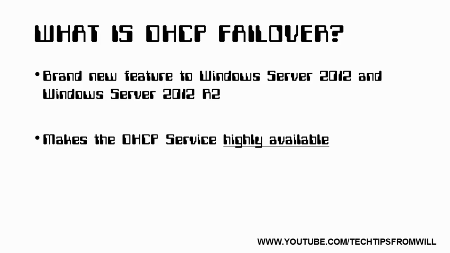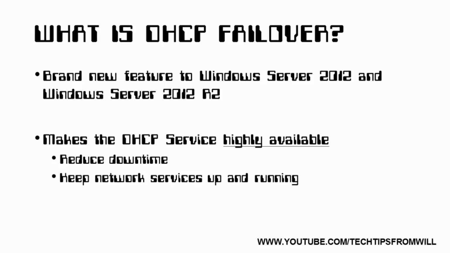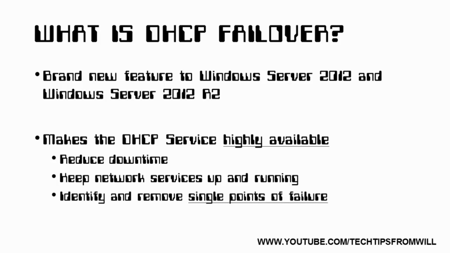The idea of high availability is to reduce downtime and keep the services on your network up and running for as long as possible without any interruption. High availability is usually achieved by identifying and removing single points of failure from your infrastructure. The most common way of eliminating single points of failure from your server infrastructure is to create what are called